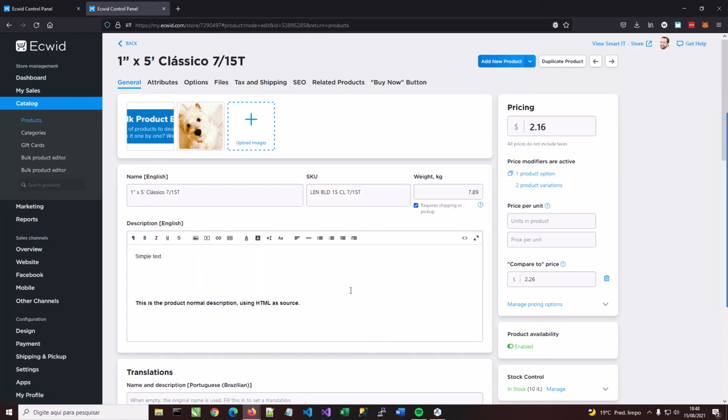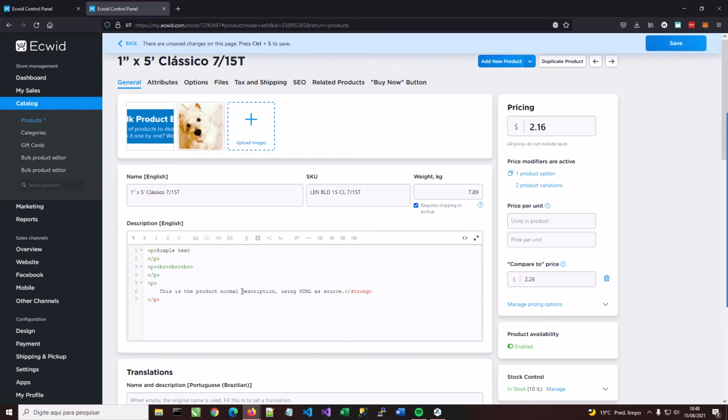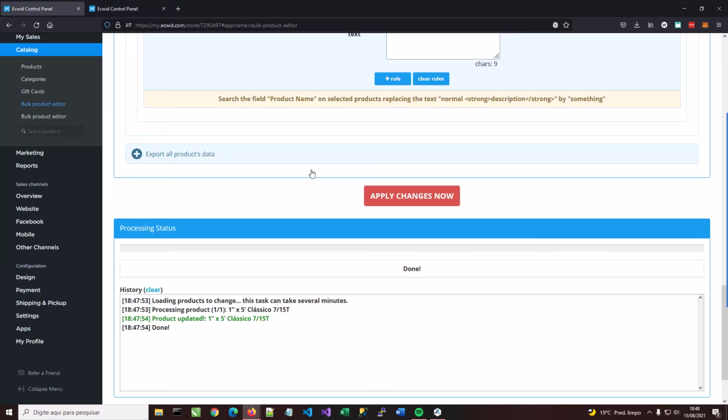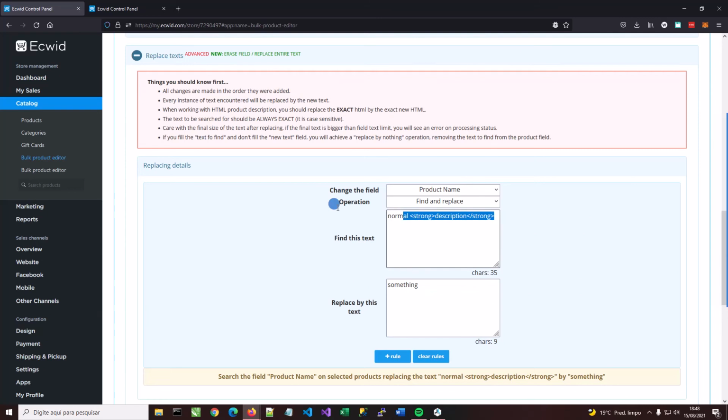And this is not going to work because I forgot to save this before. So let's try it again. I'm putting this wrong here again, putting this wrong here, and replace this. And first of all, let's save this product. So this is going to be on the database. And then I go there again, paste this here,